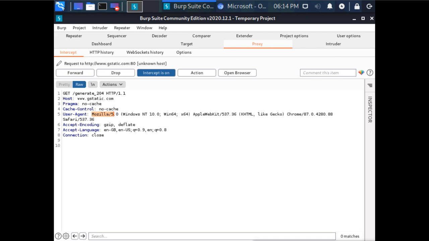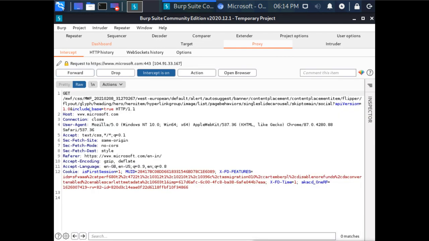This is the user agent, that means the browser which we are using. This is the accept encoding. This is the accept language. This is the connection, close. You can forward the request ahead or you can drop it. I will forward this. And this is an unknown host.